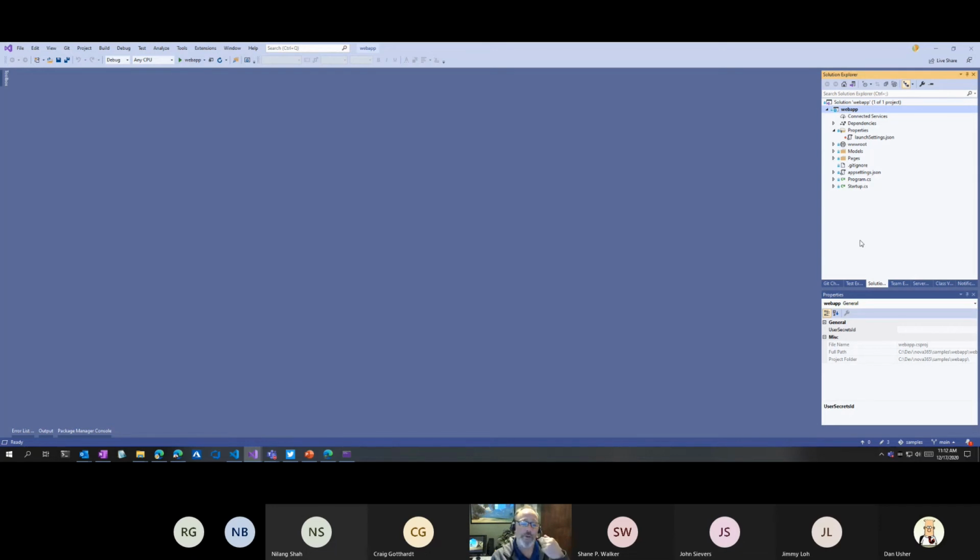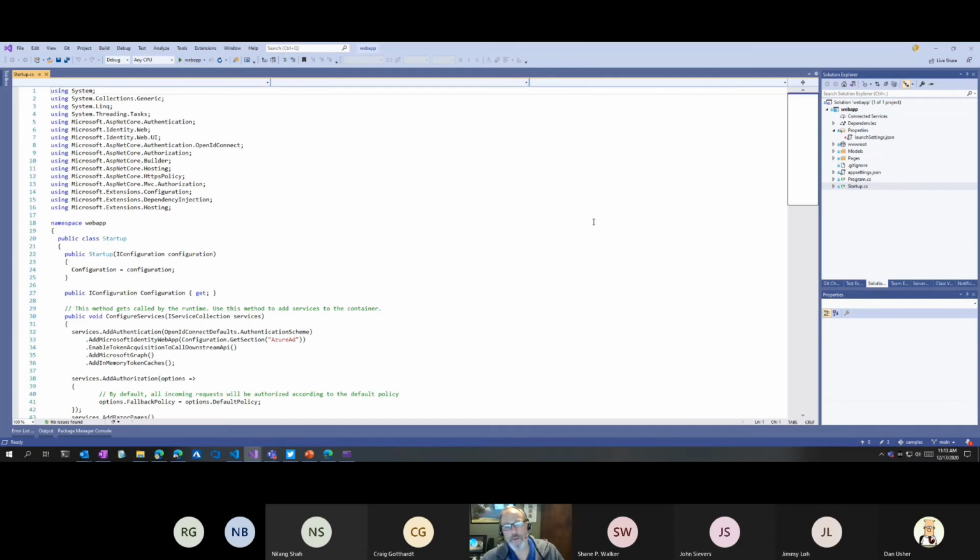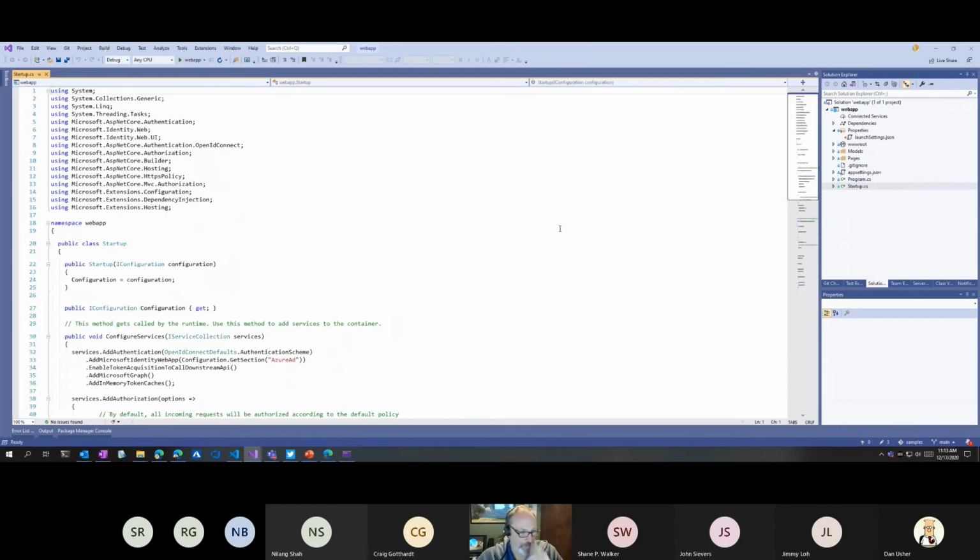And so if I do that code that I had done before, where I say I want to prompt the user to log in, number one, I need to make sure I'm doing that separately for each user. And number two, that's not how logins work necessarily in web applications. And so the Microsoft Identity Web helps us extend the startup of a .NET web app.